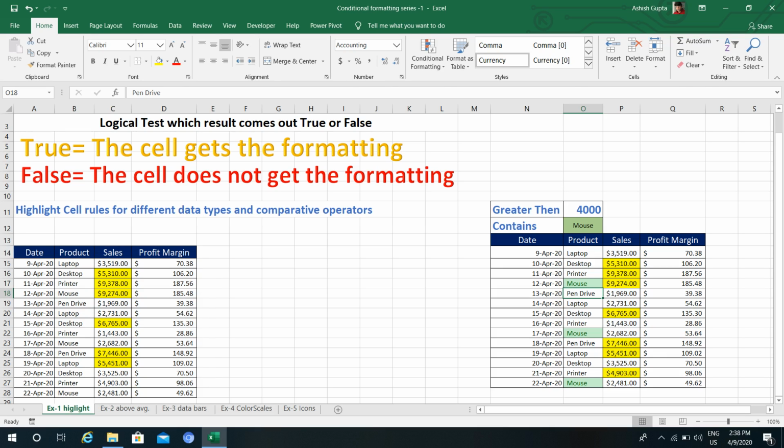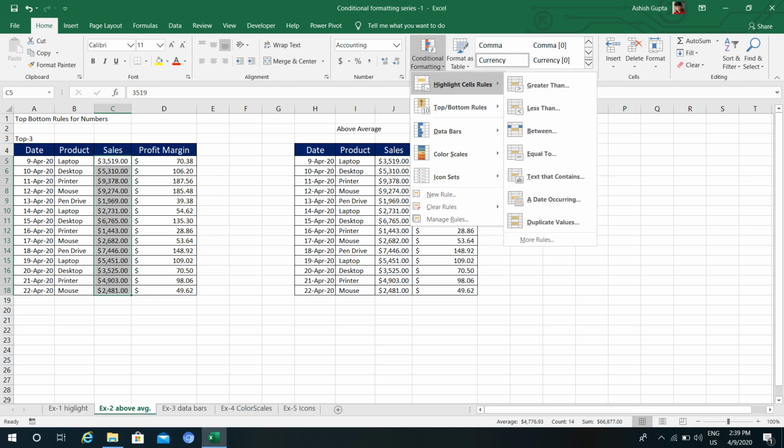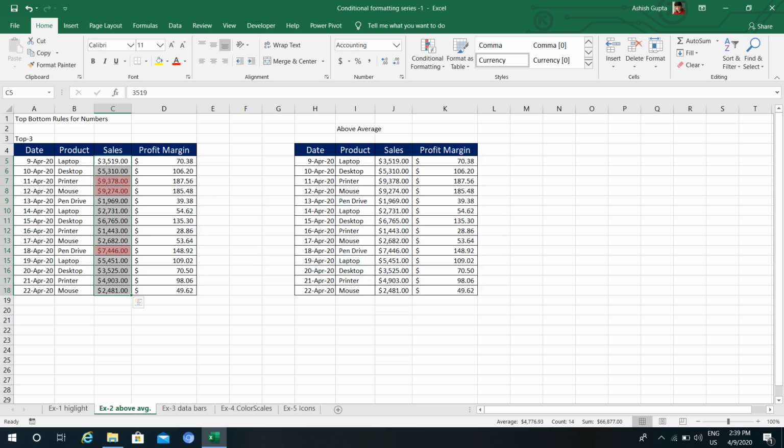Now moving on to the next example, average. Here is the same data, and I want to highlight the top three sales figures in this data. So we'll go to Home, then Conditional Formatting, then Highlight, sorry, I will go to Top/Bottom Rules. Top 10 Items. I don't want 10 items, I only want the top 3 items. So I will reduce the number by clicking the spin button, then I will click OK. It will highlight the top 3